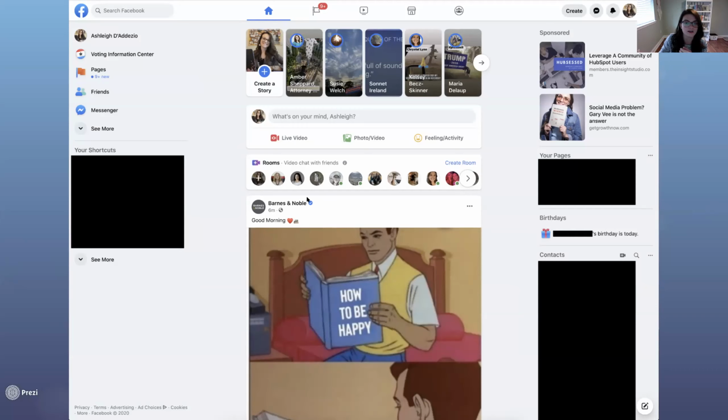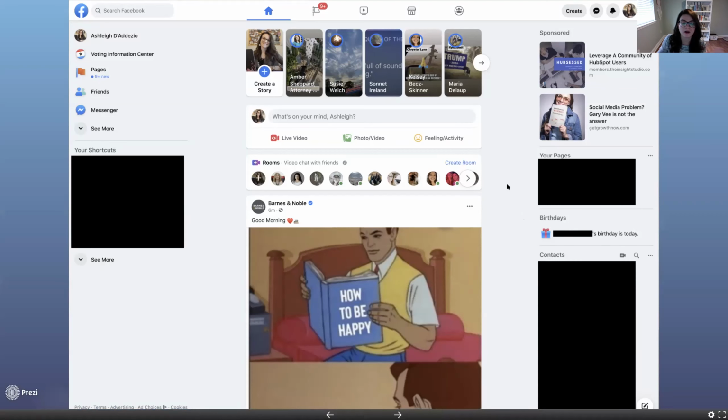So what I've done here, I did have to black out some information to keep clients and friends' information private. But your shortcuts will be pages that you are a manager of. Also, I don't know why they've repeated themselves, but your pages will also be over here. Birthdays. Contacts would just be the Facebook friends that you interact with most. So there will be an option right here to chat with them.